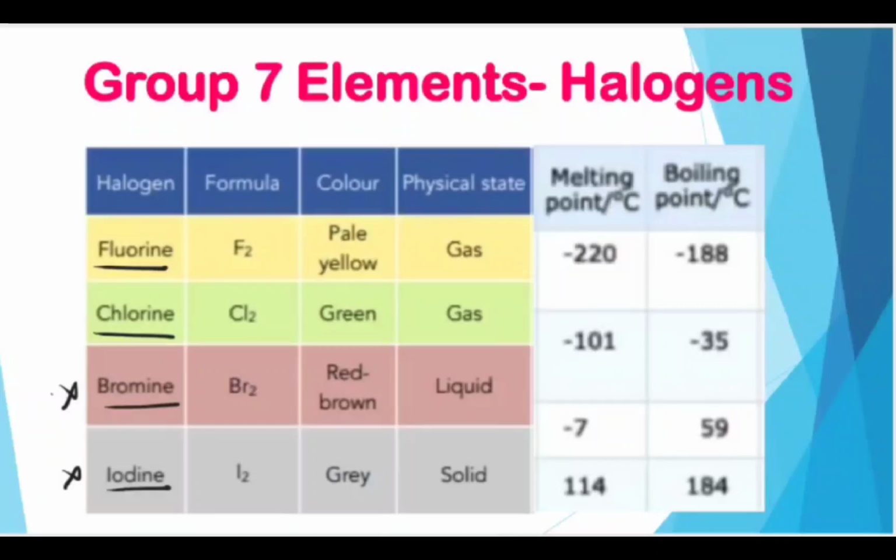The symbol of fluorine is F. However, their chemical formula, as in 2 fluorine atoms when they combine with each other: fluorine atoms cannot exist freely in the environment. So when 2 fluorine atoms combine, bond with each other, only then can it exist freely in nature.